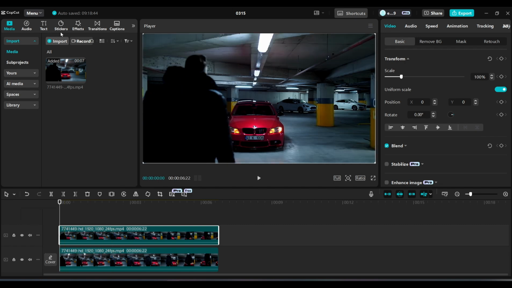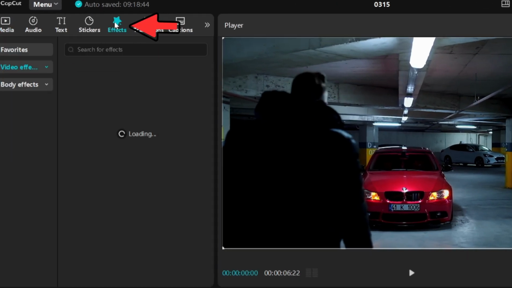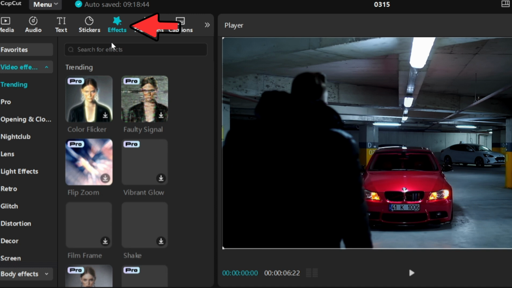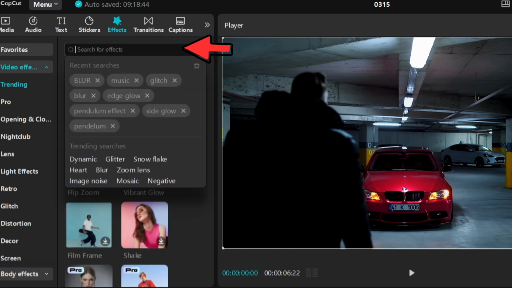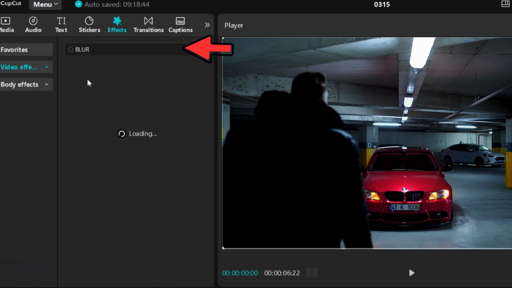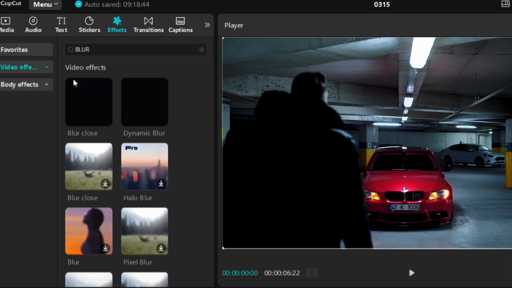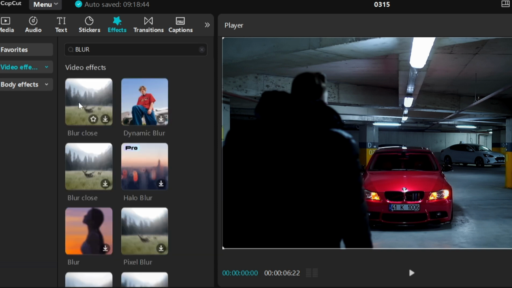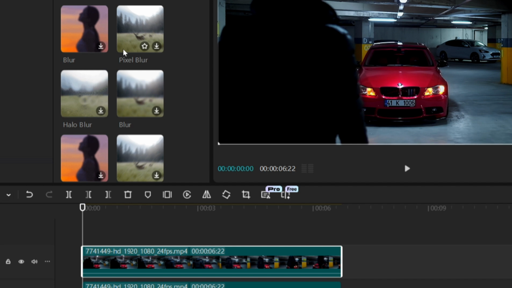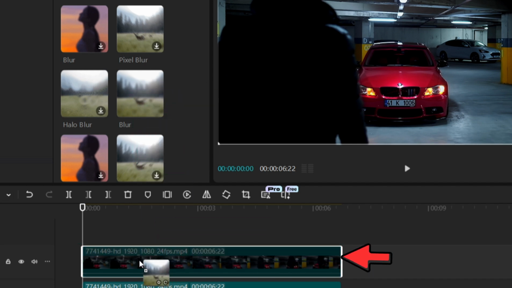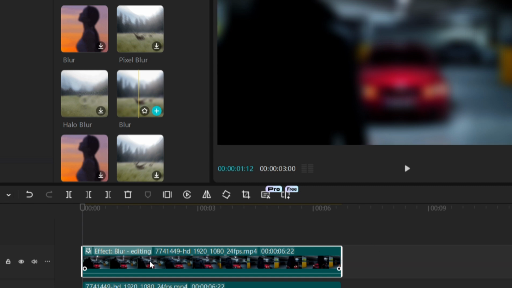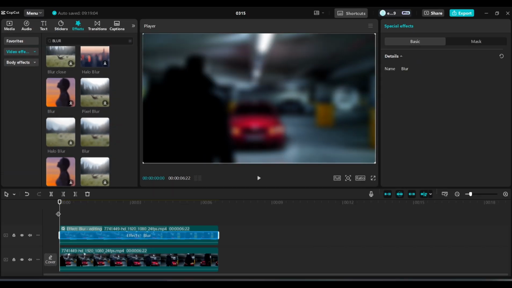And now, click on the effects and search for the blur. Now, scroll all the way down and find this effect and drag it at the top video. Now, select the top video